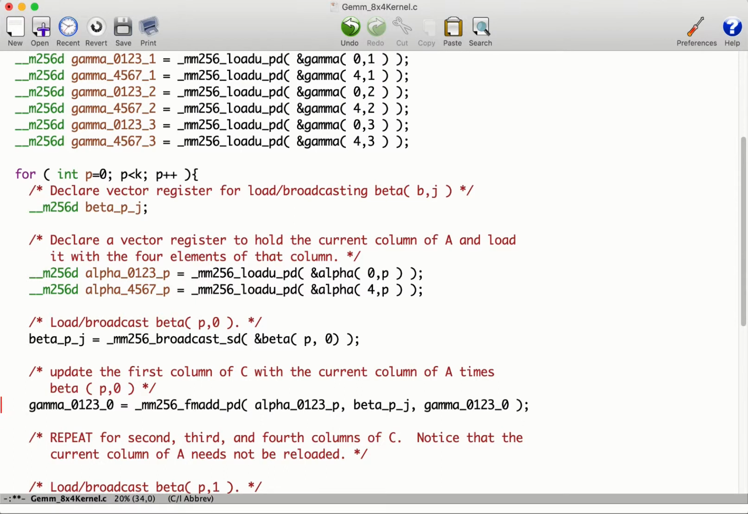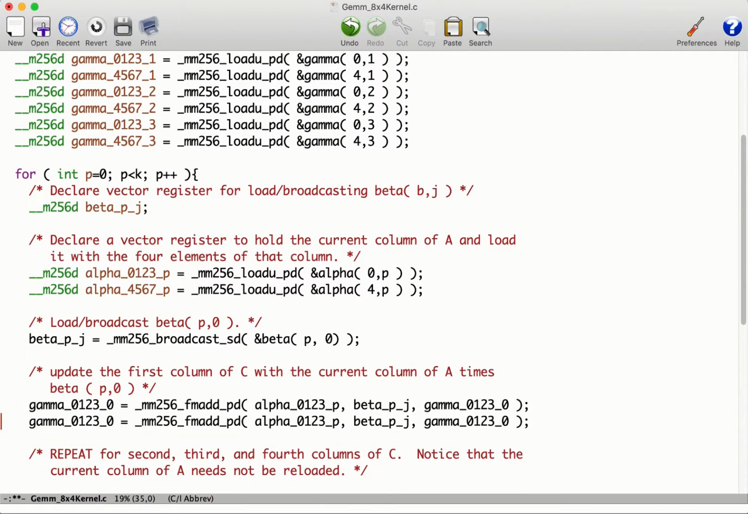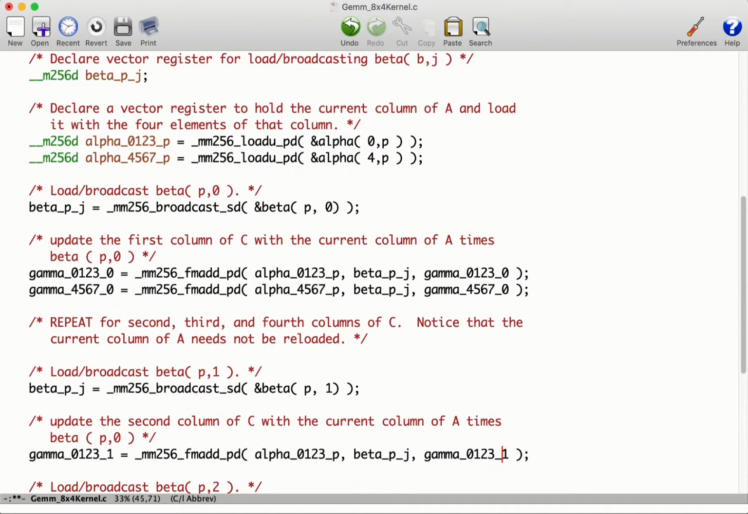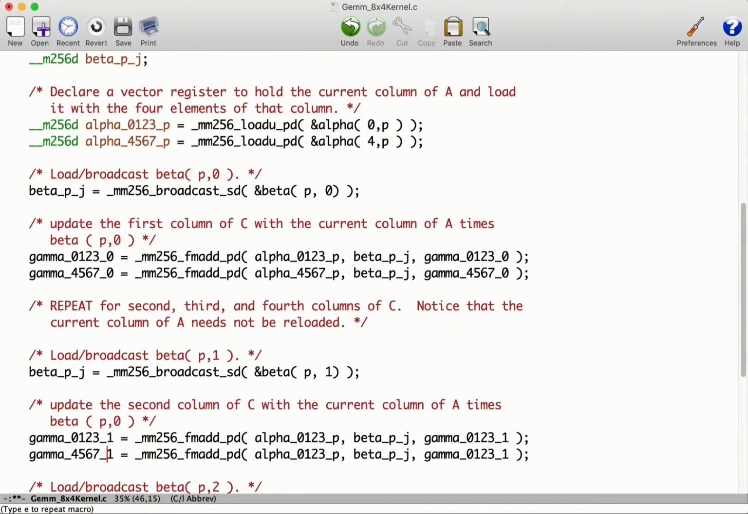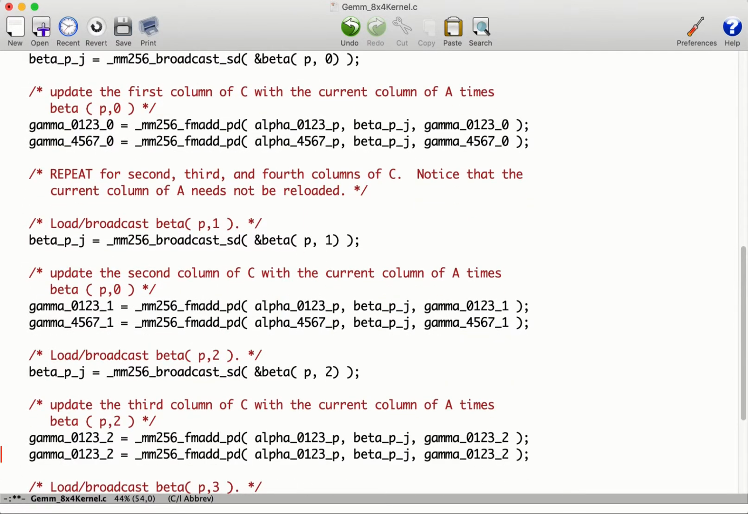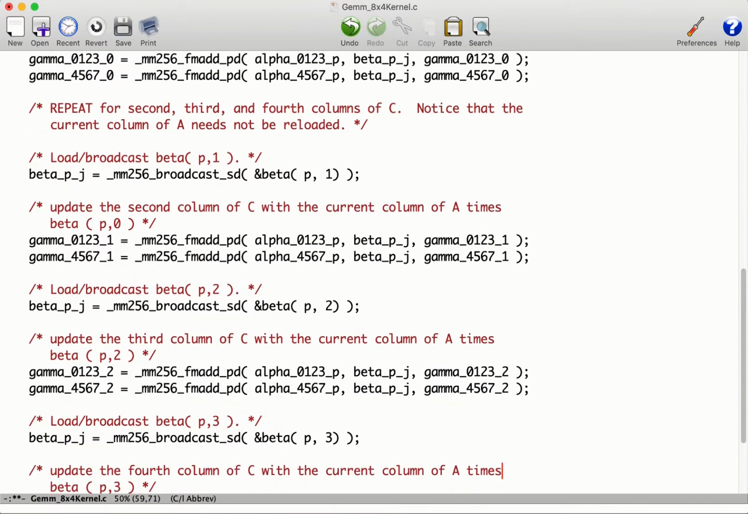And then what we need to do is we need to update 2 of the vector registers of C, the 2 that correspond to the first column, and that we do like that. And then you need to do that elsewhere. So you may want to take a break and fix your code now, or you can just follow along. So let's change this. Let's change this. And let's change